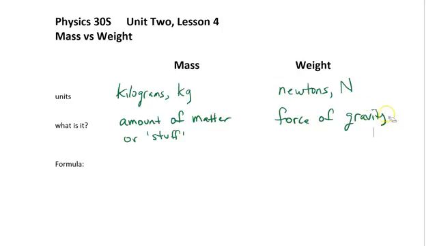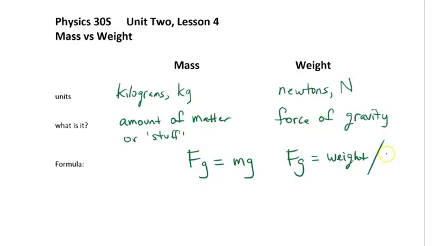Oh, I can't spell very well. Let's try that one again. Gravity. There we go. What's the formula that ties these two together? Fg equals mg. And Fg, I think I went over this already, is equal to the weight, or force of gravity,